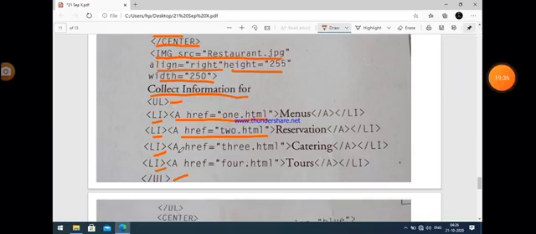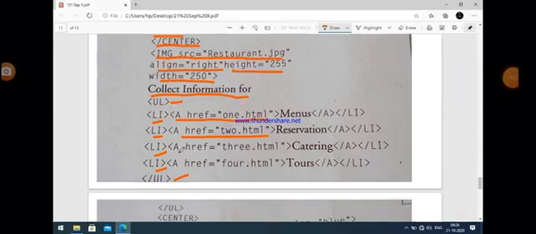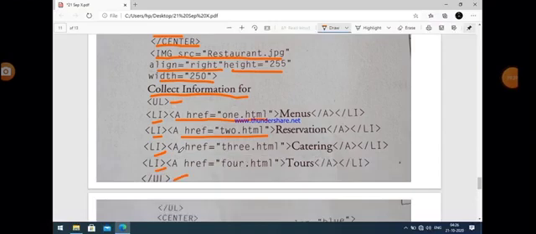So these are written inside the li tag because these are not only the items of the unordered list, but they also serve as links. The names of the links are menus, reservation, catering and tours.